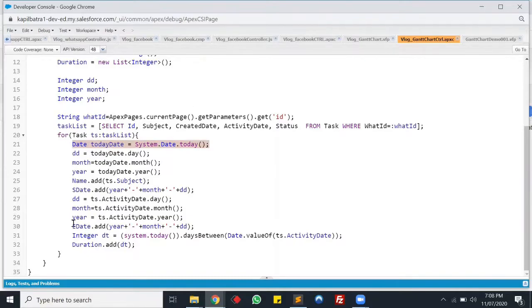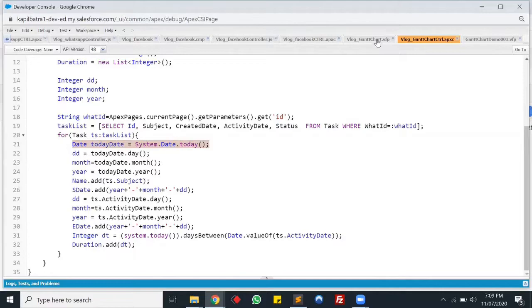After that guys, I'm combining the date format to year dash month dash date, and after that I'm adding the start date, end date and other data as well. I'm having the duration also. I'm calculating the duration based on today's date and the due date of the task, which is activity date.